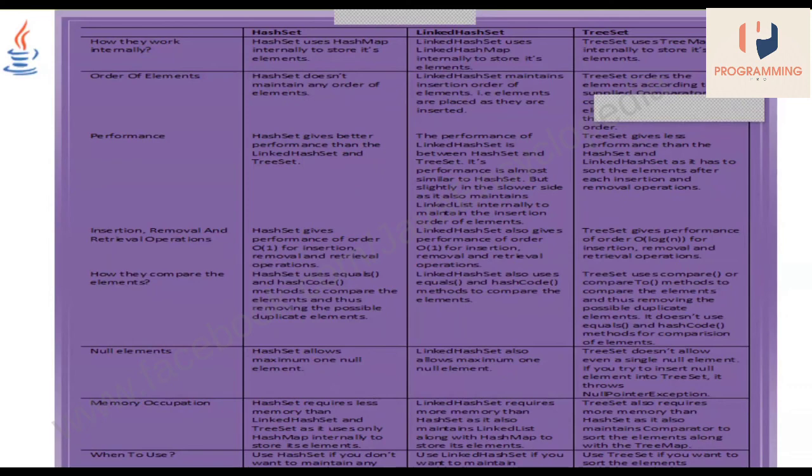What in general we want to discuss is that hash set contains unique elements and doesn't maintain insertion order. If I want to maintain insertion order, I will go to a linked hash set. Rather than insertion order, if I want to maintain a sorted order, I want a sorted order of set data, then I will go to a tree set. So you need to choose your collection before writing any program.